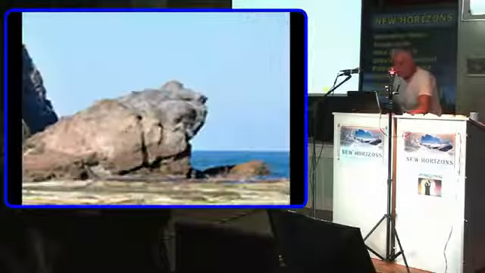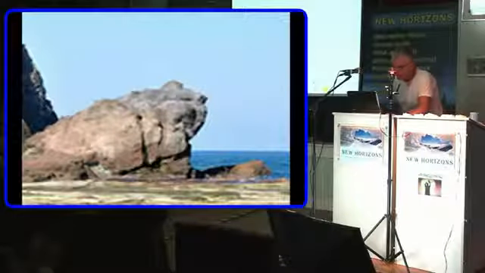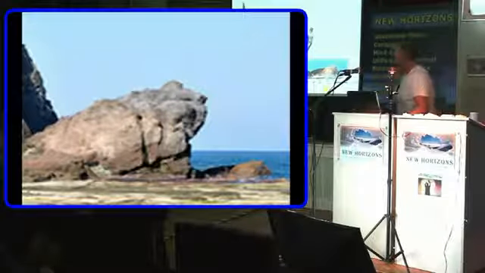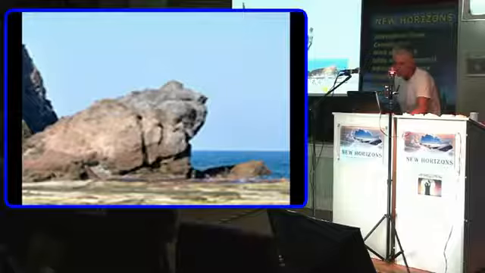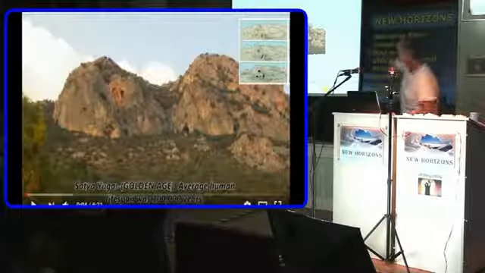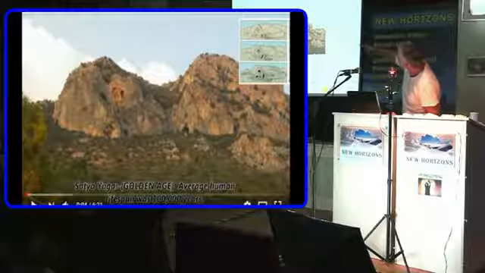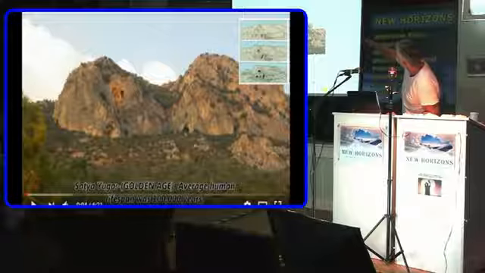Okay. Now what have you got here? What's this? It's a bit small, isn't it? It looks a bit like a frog, doesn't it? It's a bit of a bad picture, that one. Now what does that look like? Look like a man's head? You know, the shape? Head, shoulders.